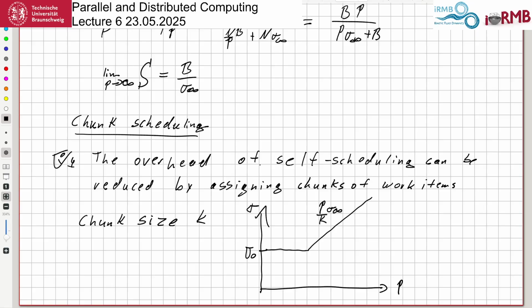So then this becomes P divided by K, because it has K times less work to distribute than before. So this is why it would look like this, and then